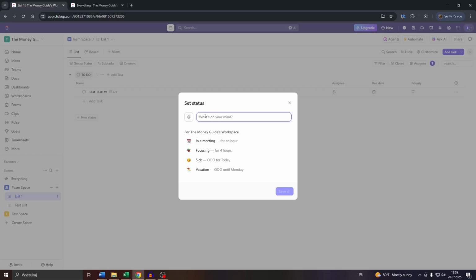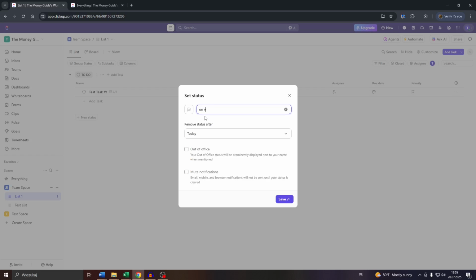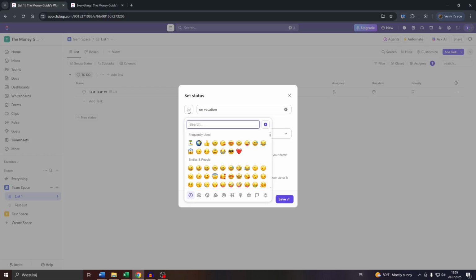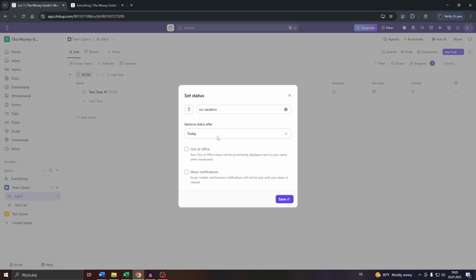Or simply set a custom status here at the top, like, for example, on vacation or something like that. And here to the left, assign an emoji, like, for instance, one of these emoticons or emojis related to food, to traveling, activities. So let me go with that palm icon here, for example, tropical island, and after that select remove status after,